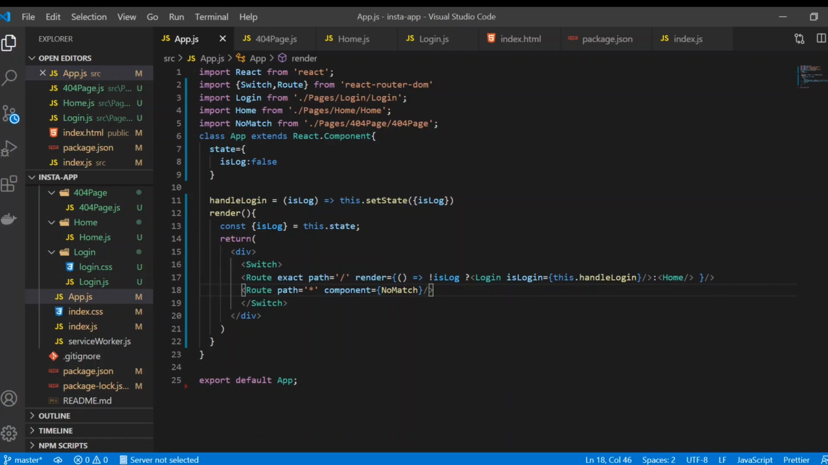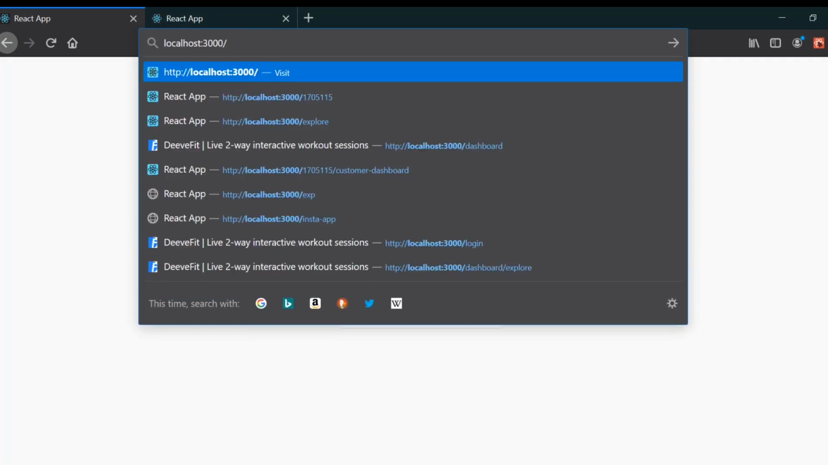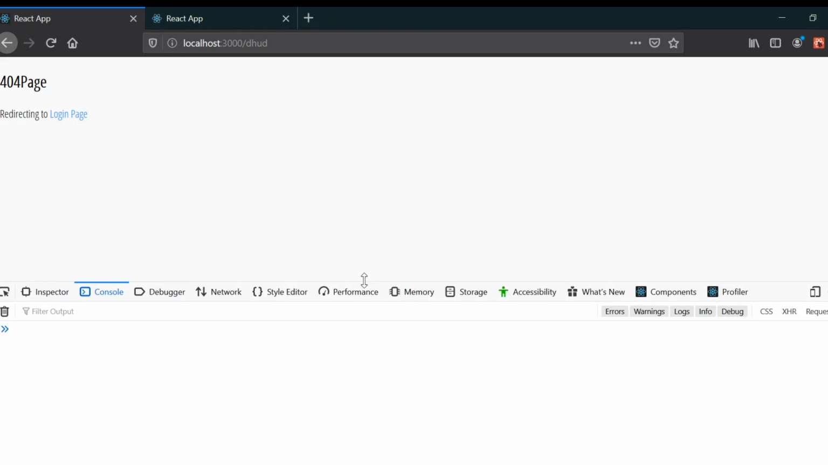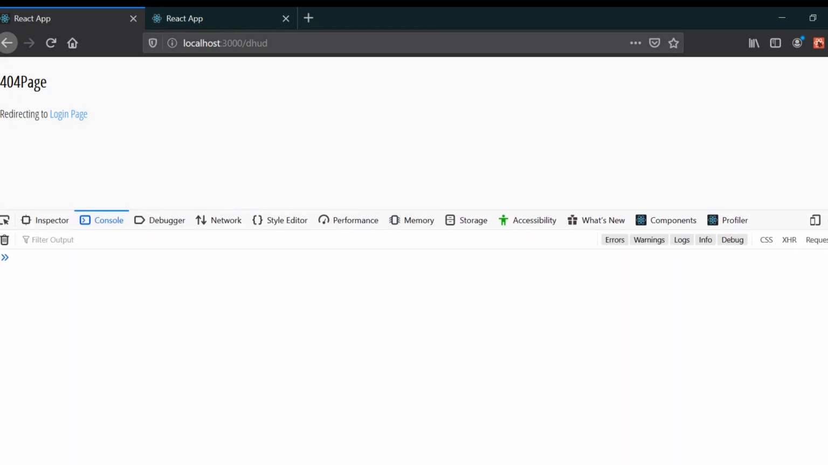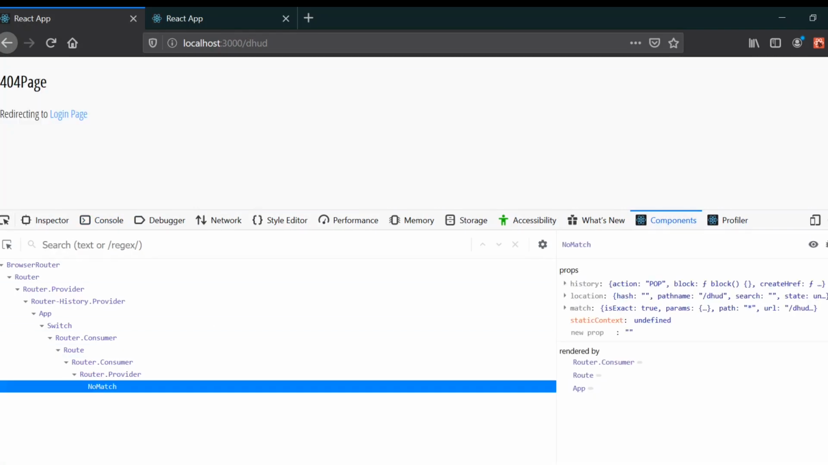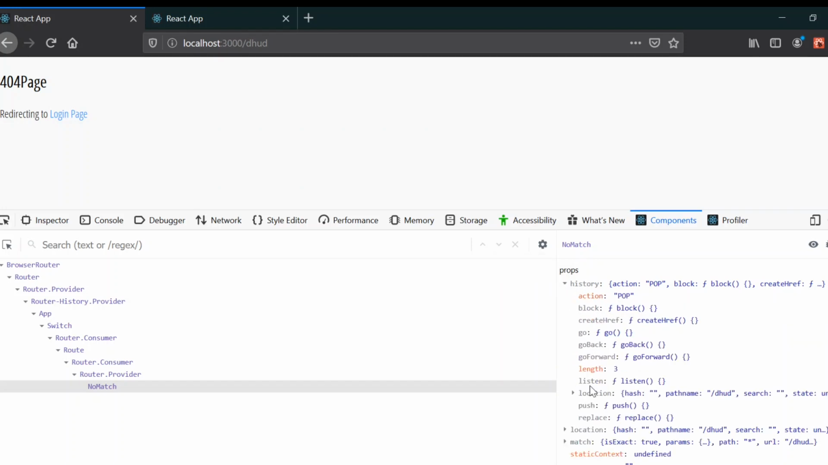and go to our page here, and if I just type in anything, it goes to this 404 page, but we want to redirect to the login page whenever we click on it. For this to happen, I'm just going to show you in the console, with control shift I, you can see in here components, and there is this no match. We have the props like history, location and match. So what we need for now is this history prop, and in the history prop what we need is this push